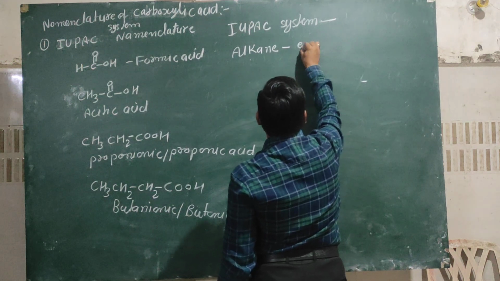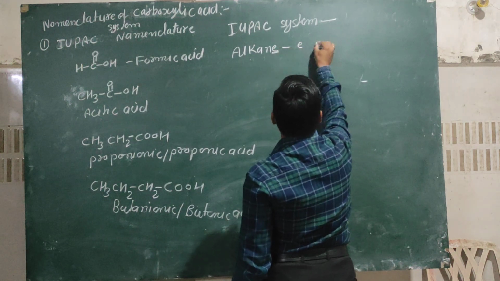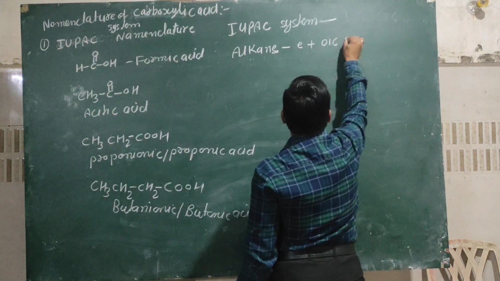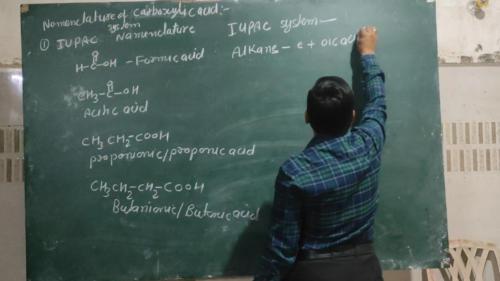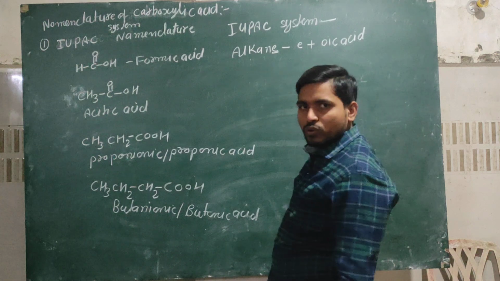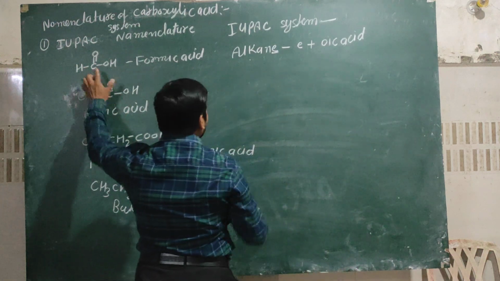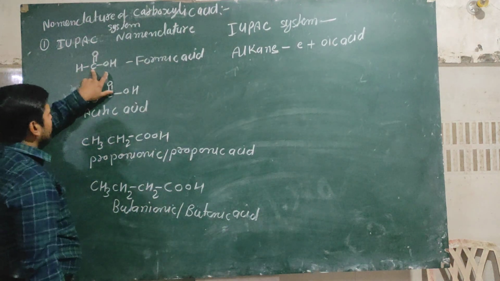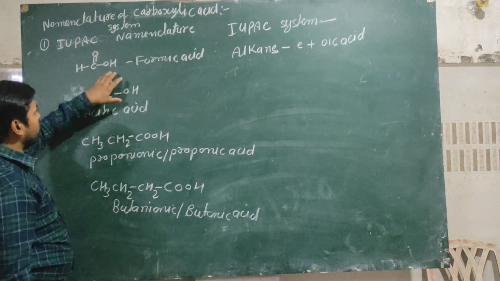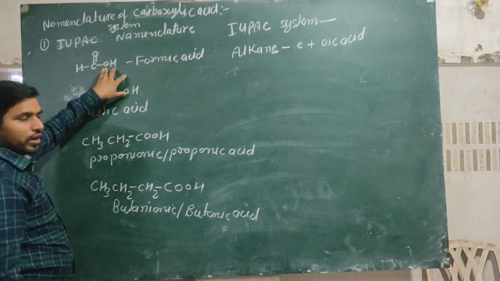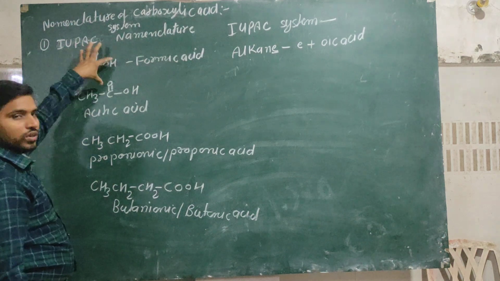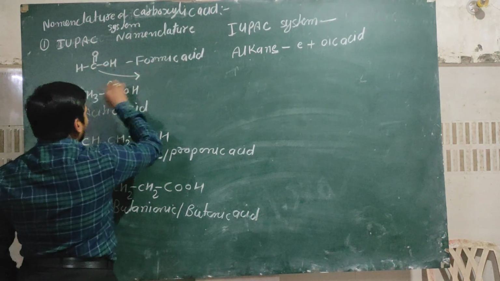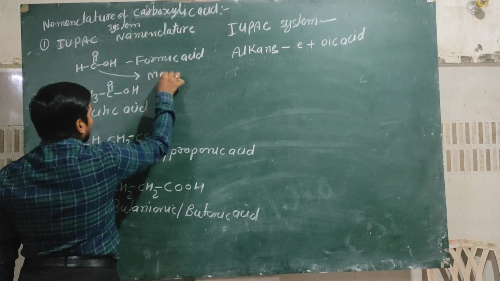After removal of E from alkane and adding oic acid, we find out the name of the carboxylic acid. The first carbon contains the carbonyl group, with a hydroxyl group and hydrogen on both sides. Then its IUPAC name from the first carbon becomes